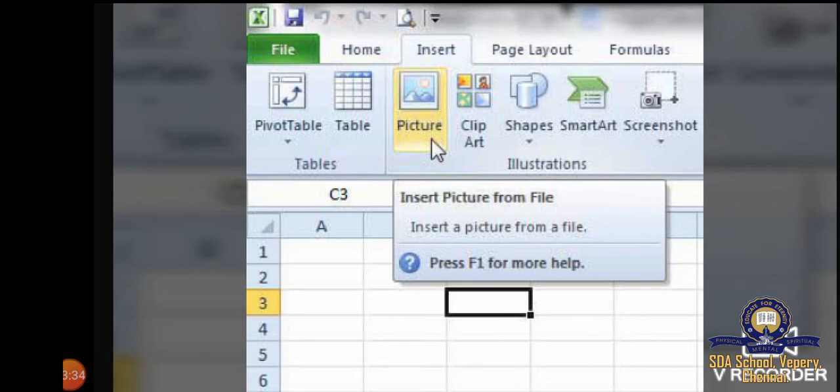The picture gets inserted at the current cell position of the worksheet, which can be resized or formatted as desired. Wherever you want the picture to be placed, you can drag it.